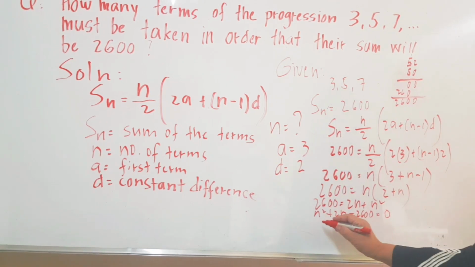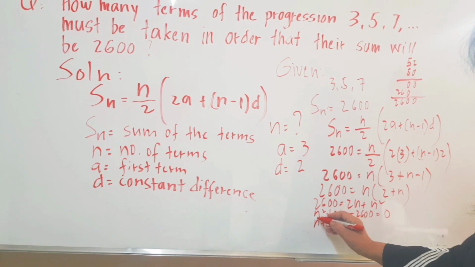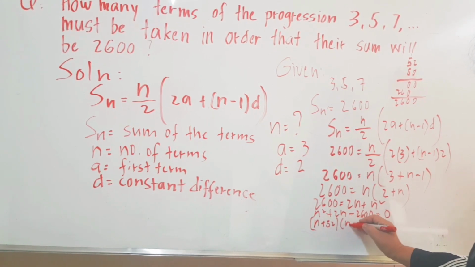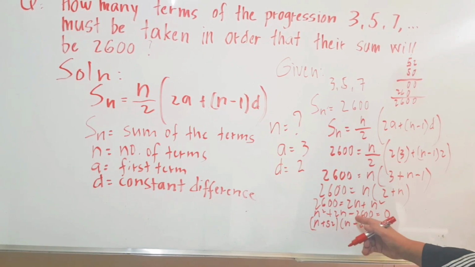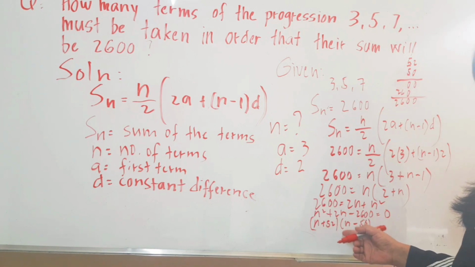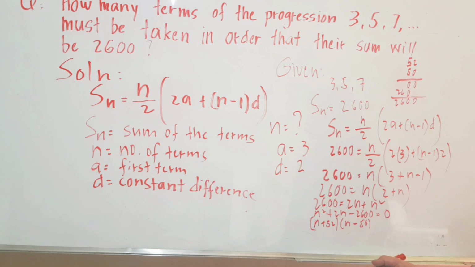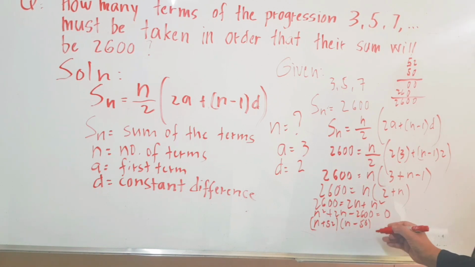this can be factored into n plus 52 times n minus 50. Why is this other one minus? Because if you multiply positive by negative, it will result in negative. Therefore, we can factor it into n plus 52 times n minus 50, which is equal to 0. Therefore,